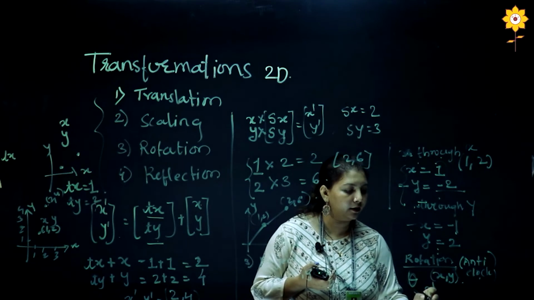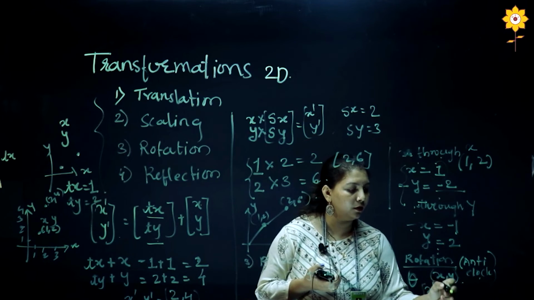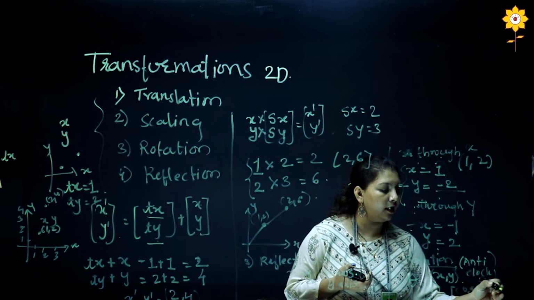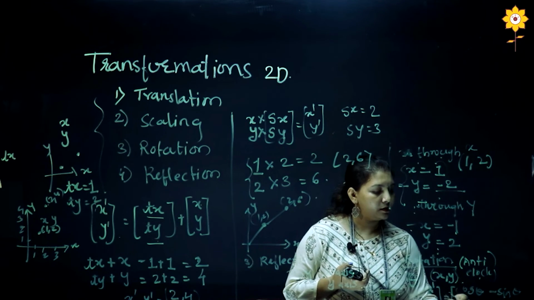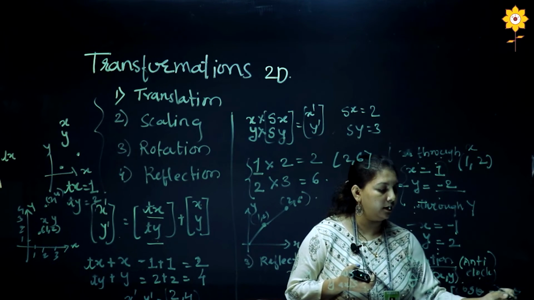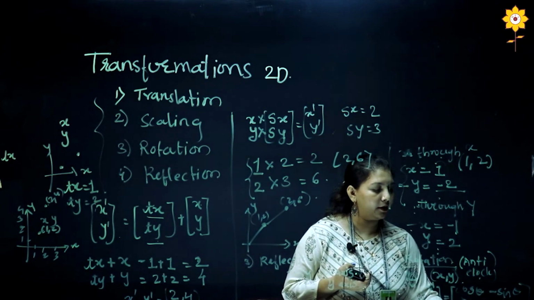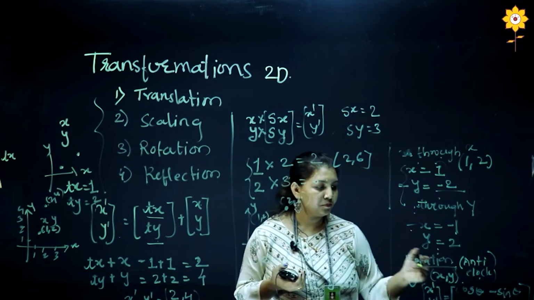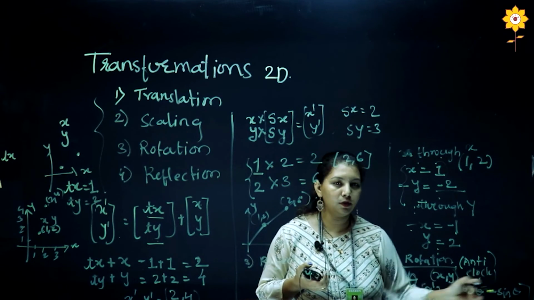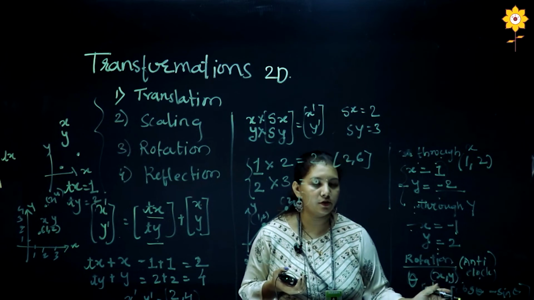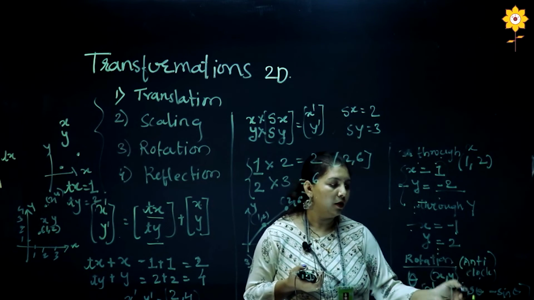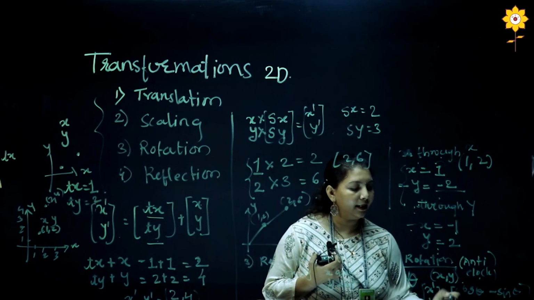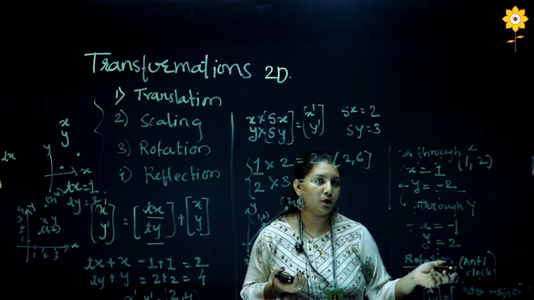For getting the newly calculated points over here, what matrix representation can we use? That is cos theta, minus sin theta, sin theta and cos theta. This rotation matrix we have to multiply with the values of x and y. So here we have to do the column and row multiplication for getting the rotated object. The matrix which I have written over here is the anti-clockwise matrix, for rotating the object in the anti-clockwise manner.